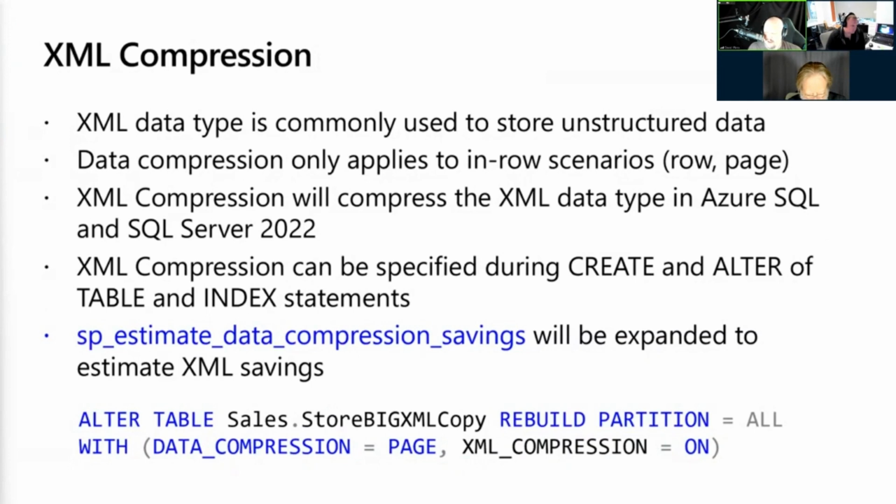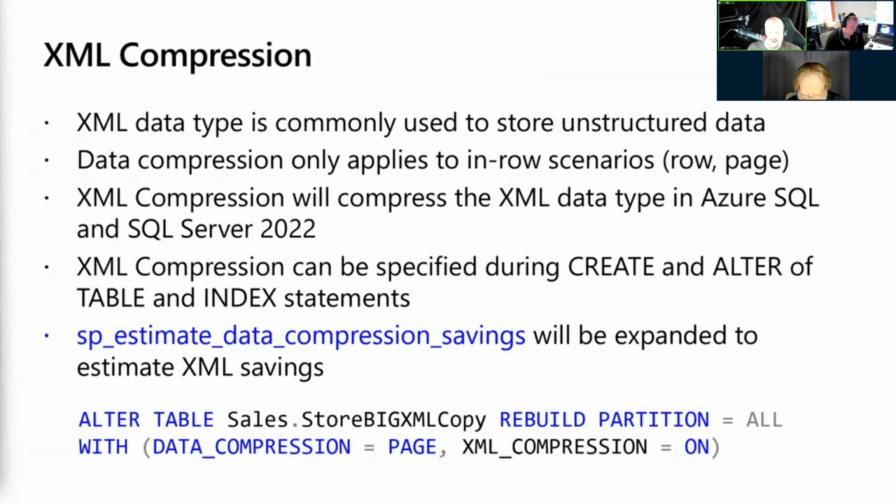The data compression option in previous versions of SQL Server did not help with compressing XML data types, as they were stored off-row, and data compression only operated on in-row pages. So in SQL Server 2022, XML compression will allow customers to reduce their storage footprint without any driver updates or any changes to your application. The primary intent of this improvement is to achieve space capacity for the XML data type, though there may be some I/O performance improvements for some workloads.